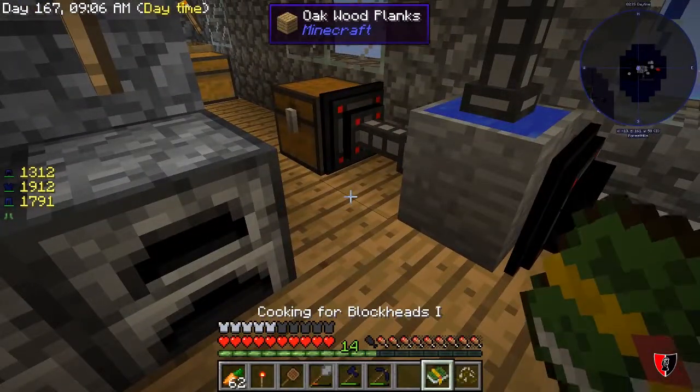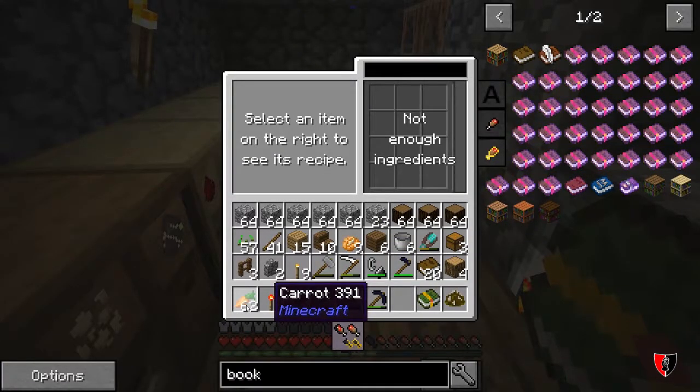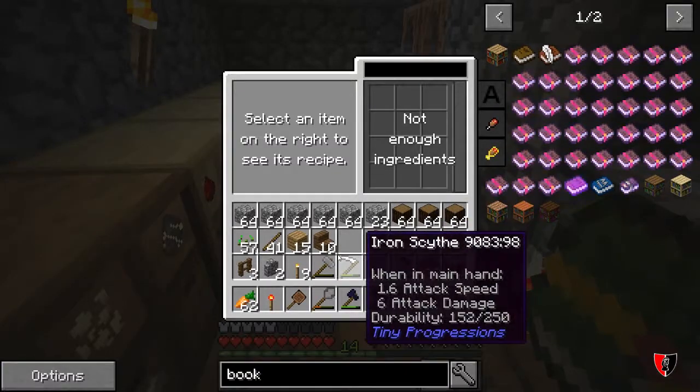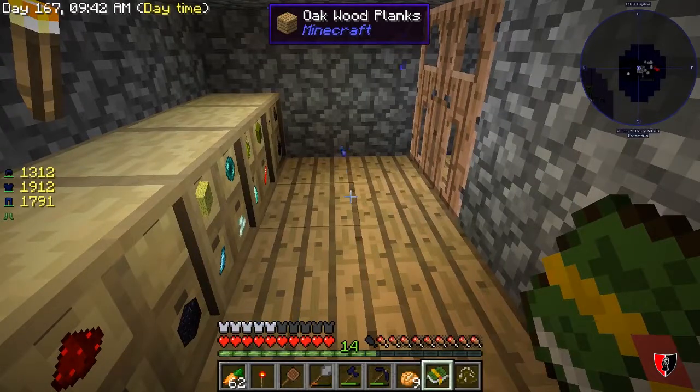But look, Cooking for Blockheads. This is really kind of neat. Because if you have this book in your hand, and you have stuff in your inventory, it'll tell you what you can make with it. Right now I don't have enough stuff in my inventory. But if I had a bunch of different foods, it would tell me what I could make. What's up? What else? Another thing that's neat